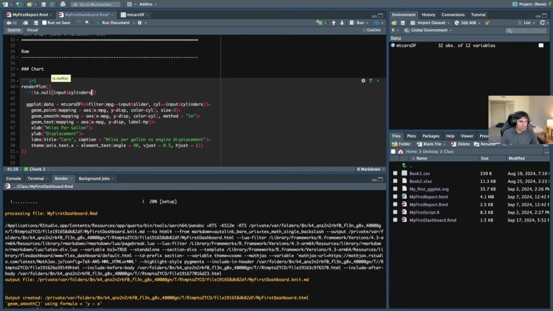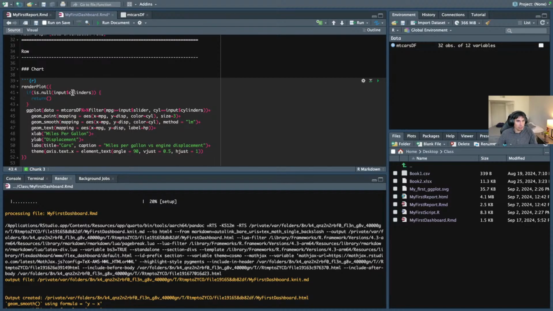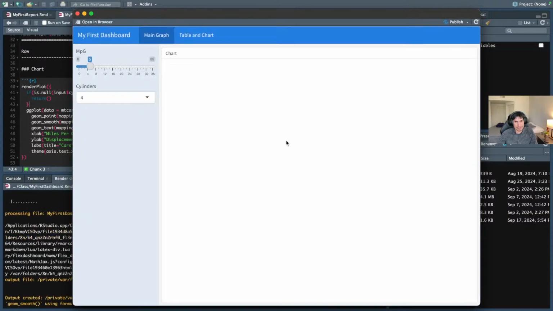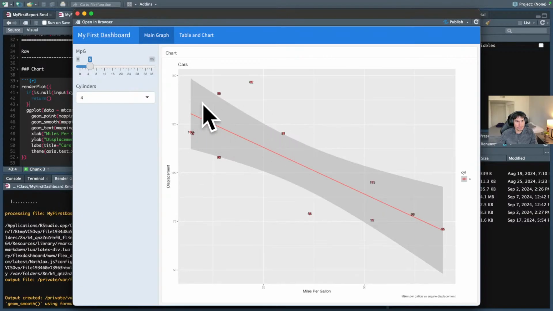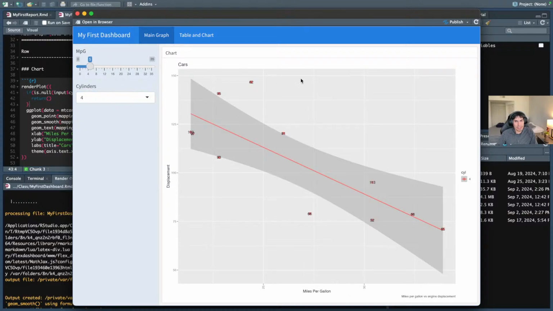If input cylinders is null, right, if for any reason one of those inputs is null, then what we will do is return nothing. So if input cylinders is null, then we should see no graph. In this case, it's not going to happen. We will always see a graph because input cylinders always exist. But if for some reason it doesn't exist, then you would see an empty graph instead of seeing an error here saying something like object not found, or some red letters will pop up. Okay,